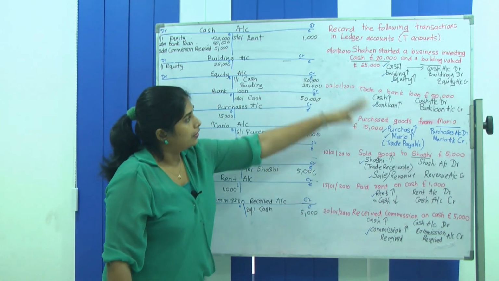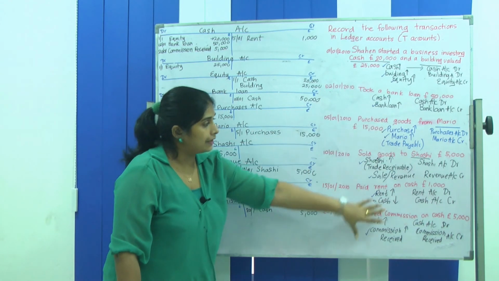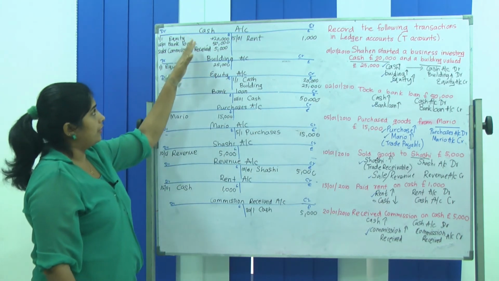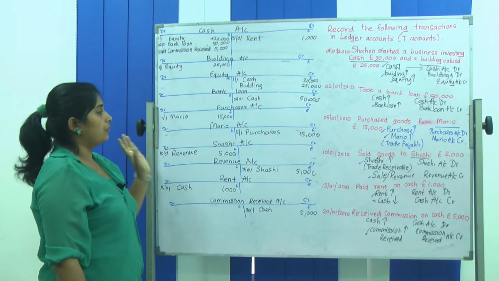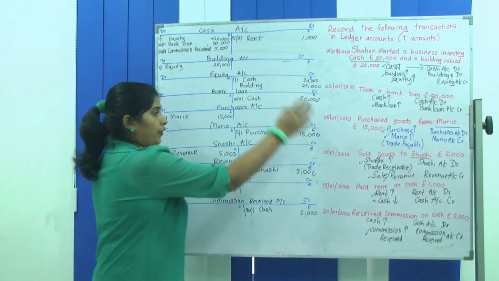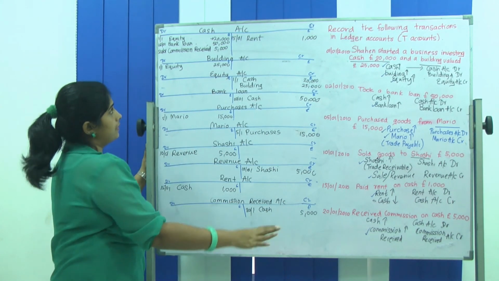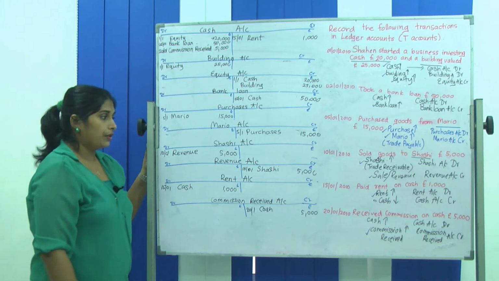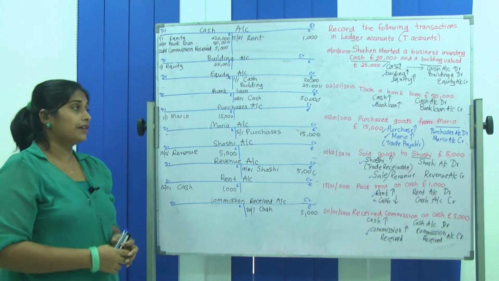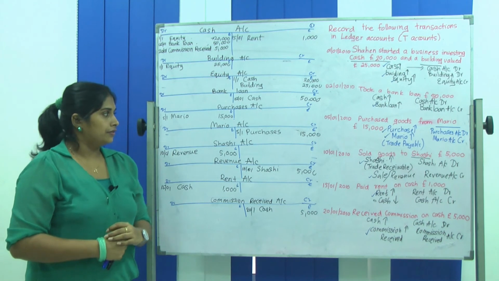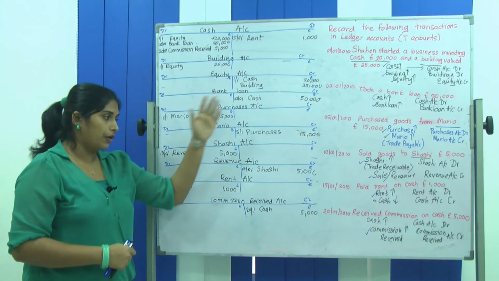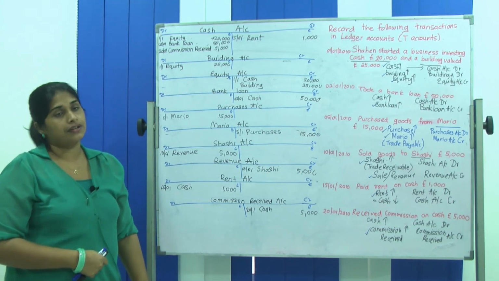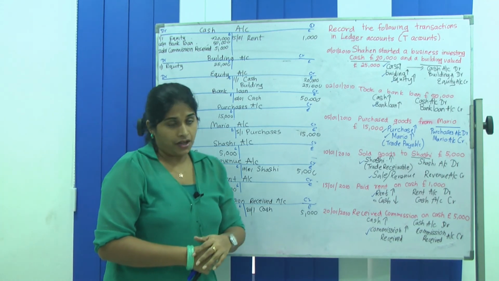Here all the cash transactions, the transactions which he has done in cash, are all recorded in the same cash account, because you need not record in several cash accounts; once one account is drawn, all the transactions related to it will be recorded in the same cash account. So I hope you all understood. Revise again and again. This is the way to record in the T accounts when all or a few transactions are given. It's easy if you identify which account increases and decreases, and debit and credit. So I hope you understood.